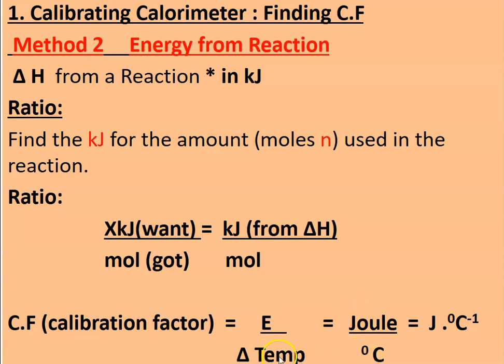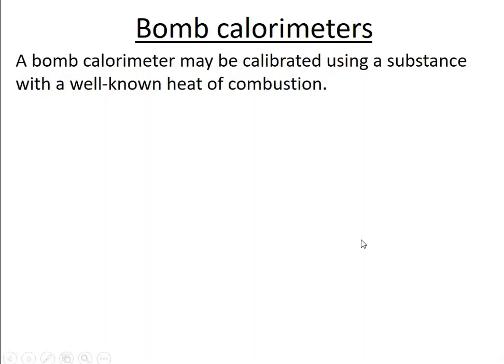And we measure the temperature again in the bomb calorimeter when that much energy is released. So we know how many joules for however many degrees it went up, and then we can calculate how many joules for 1 degree, which is our calibration factor. So if we do an example,